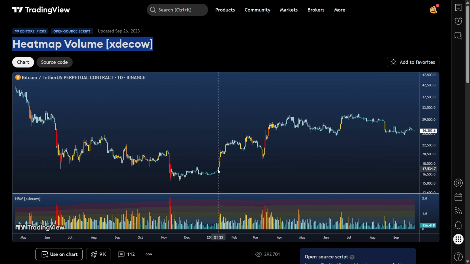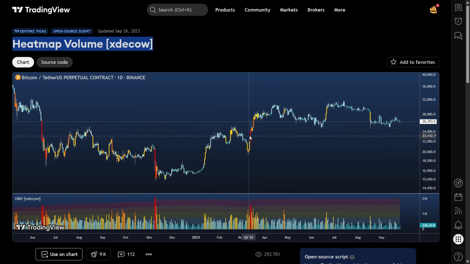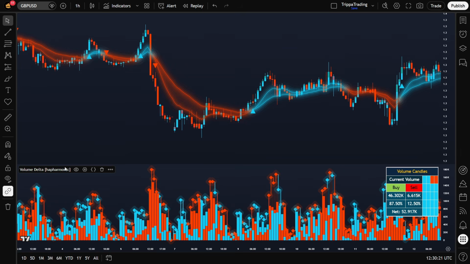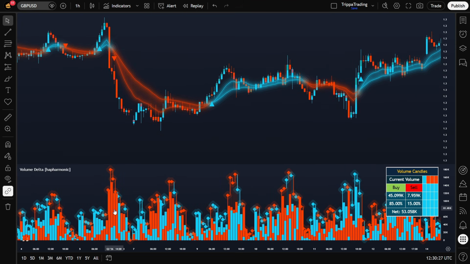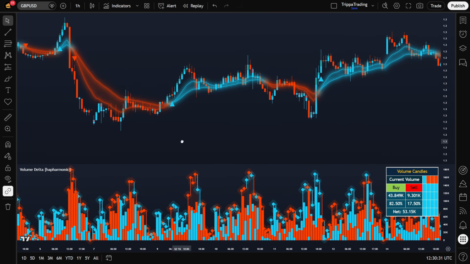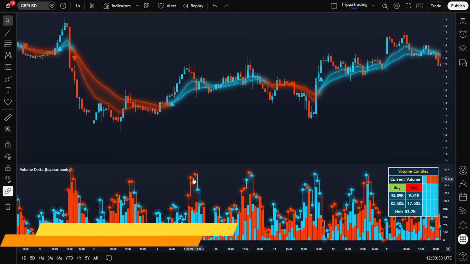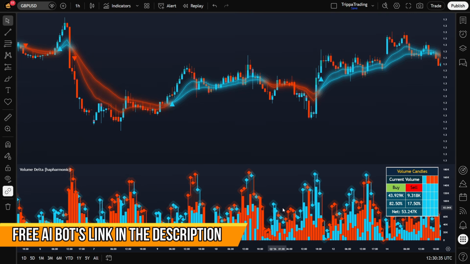That makes it more useful for confirmation because you can quickly see whether the move is happening with weak or strong participation. The second one is Volume Delta by Hap Harmonic. This one is especially useful because it separates buying volume and selling volume. So instead of just knowing that volume is high, you can actually see whether buyers or sellers are the ones dominating that candle